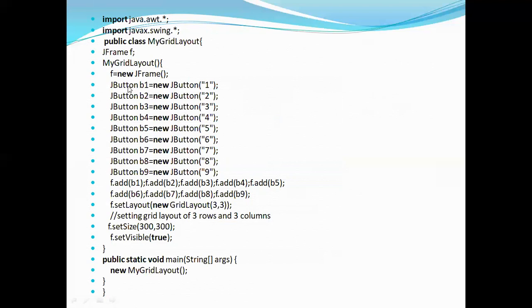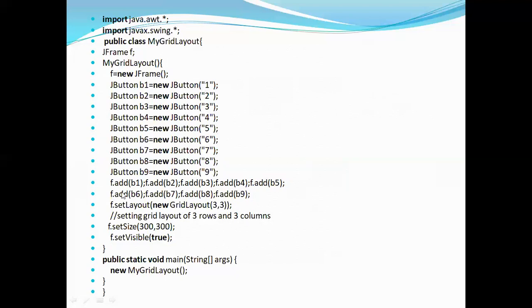For the JButton class, I'm creating the objects. How many buttons you want, that many objects you have to create. B1 is the first button, and for that button I'm giving the name as 1. Similarly, for the second button, the name is 2. Likewise, I have created 9 buttons.